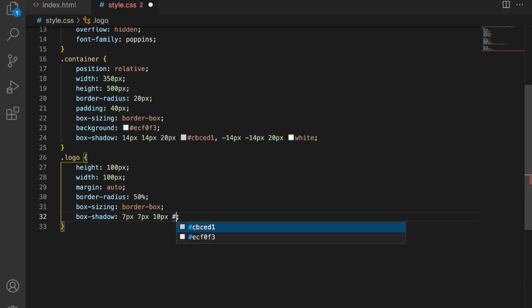Now give some color, and here I will write minus 7 pixel 10 pixel and color I will write white. Okay, so just save it.